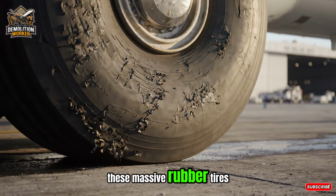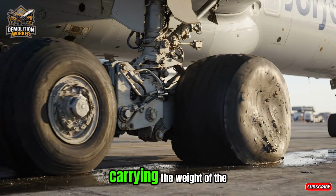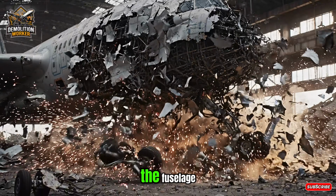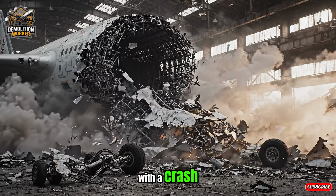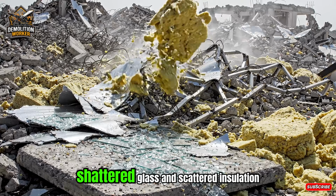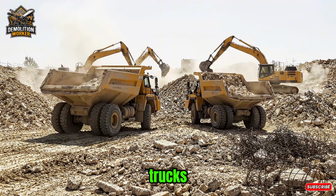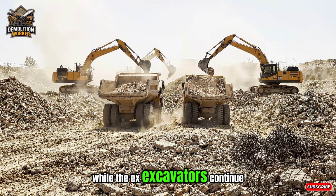These massive rubber tires absorb the impact of hundreds of historic landings, carrying the weight of the free world every time. Once the landing gear is removed, the remaining bottom half of the fuselage finally collapses onto the tarmac with a crash. The demolition site is now a chaotic landscape of torn aluminum, shattered glass, and scattered insulation blowing in the afternoon wind. We bring in massive dump trucks to begin clearing the smaller debris while the excavators continue processing